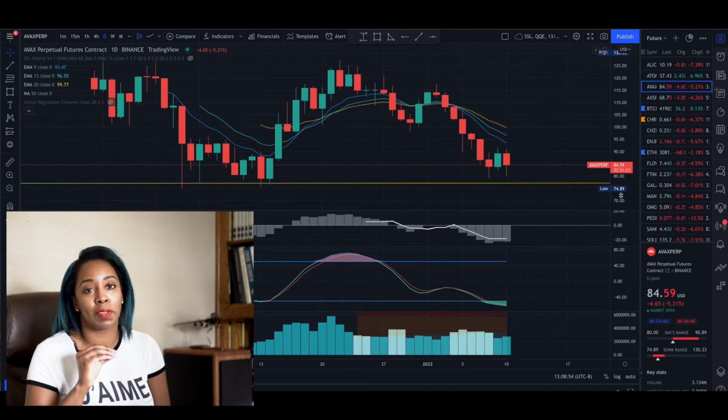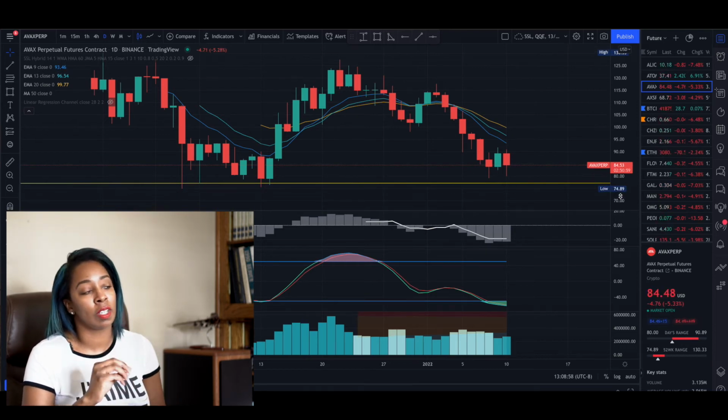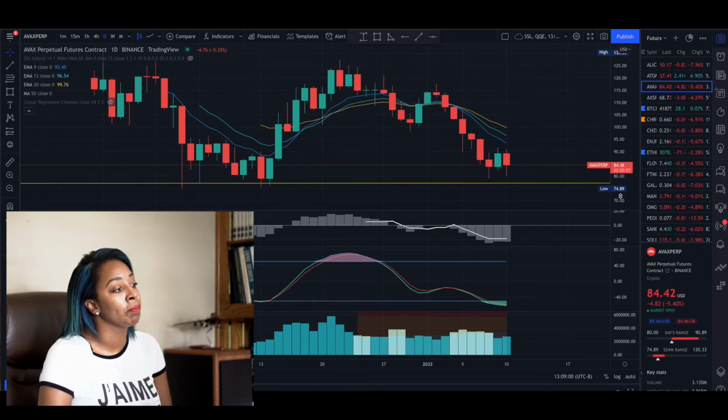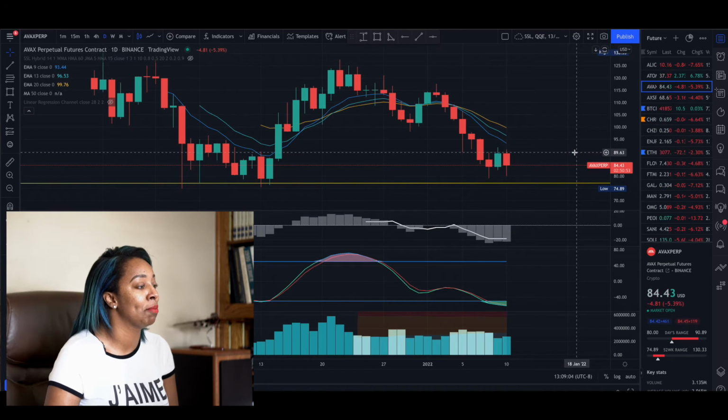That's just way too low compared to when I bought in, which was around the 89-ish area. So it was actually on the high side. Should have waited, but anyway, with timing, you're never going to get the perfect entry point. You're going to get around the perfect entry point, and that's okay. So that's pretty much what I'm looking at when it comes to